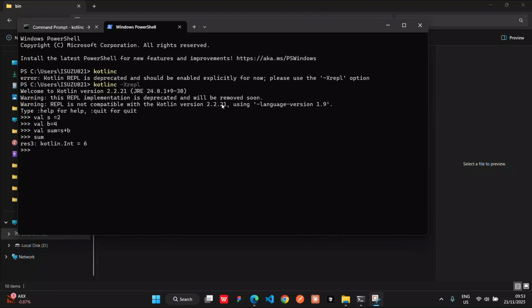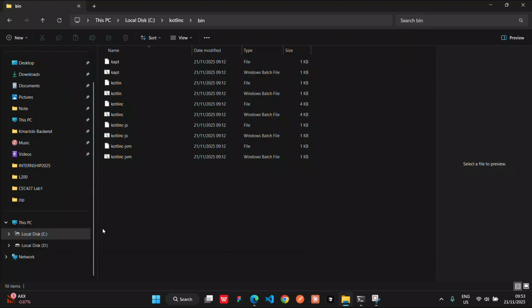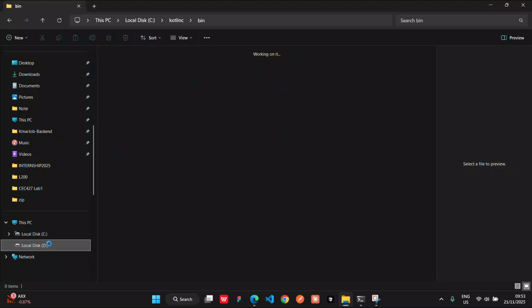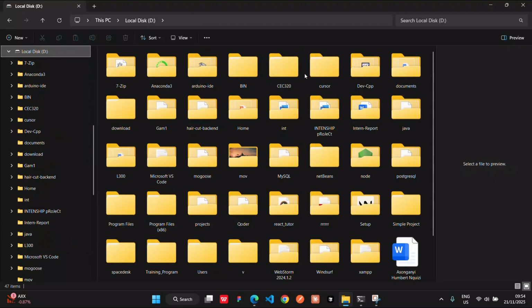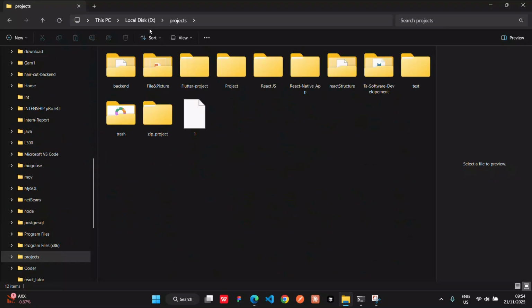Yeah, we're looking for the sum of two numbers, which prints out the output to be 6. So now we have to run this on our VS Code, which was one of our objectives. So right now we are just going to create a default folder. Let me go to my D drive, which I love working in, but I can do it anywhere. It's not a must. Okay, let me go to my project and let's add a new